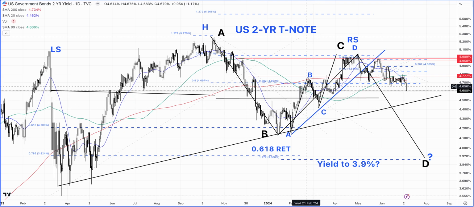And the other reason is that we have seen the smaller ABCD pattern come right at the 78.6% retracement. The yields are not able to get above that. They tried for several days, a couple of weeks, and then a retest around here, and now breaking the key support level. So in my opinion, what we are looking at is also a possibility of another head and shoulder pattern here, a smaller one, but I don't know what sort of symmetry exists between those.